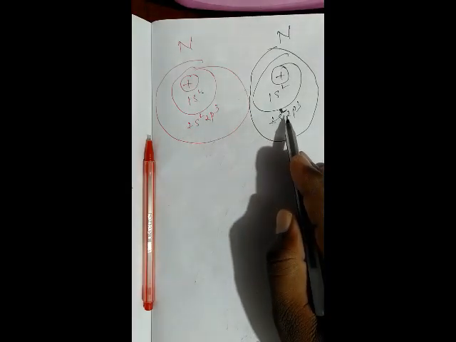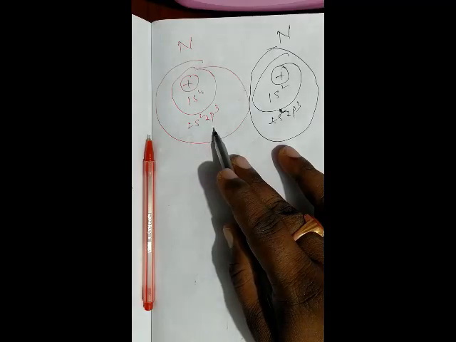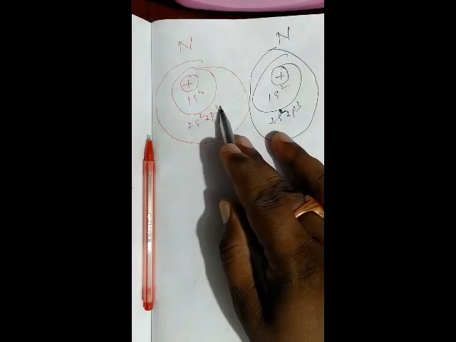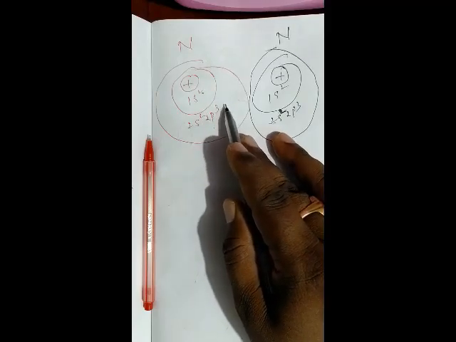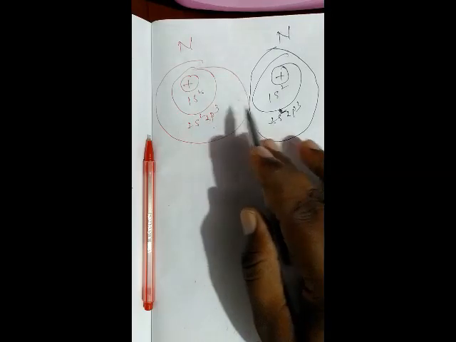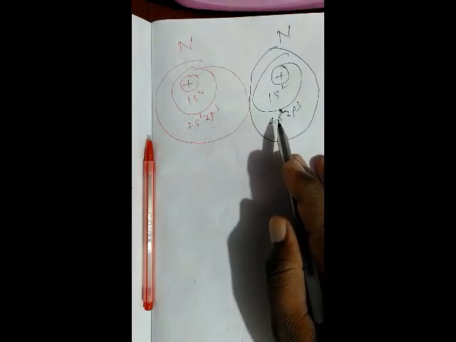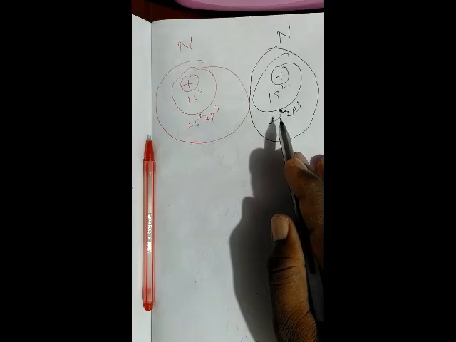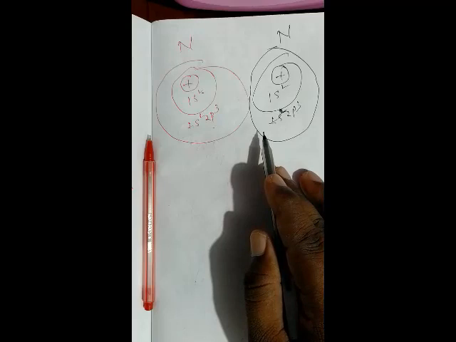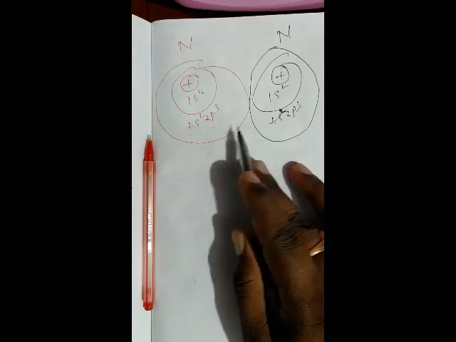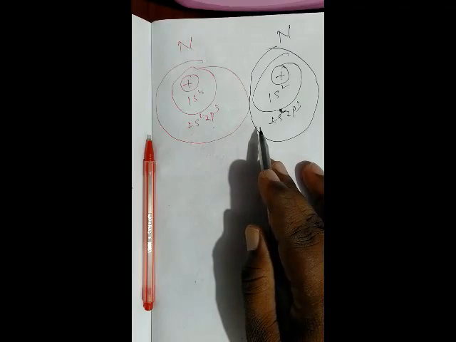For example, this second nitrogen atom gives 3 electrons to this nitrogen atom. So here 2 plus 3, 5, and after gaining 3 electrons, total 8. So it will become stable. But this nitrogen atom does not remain stable, it remains unstable. That means it is not converted into stable. It completely remains in that unstable form. So here the transfer of electrons between the two nitrogen atoms is not possible. Why? Because if they transfer electrons from one atom to the other, one atom completely remains as an unstable atom.